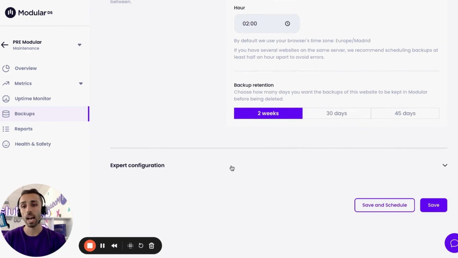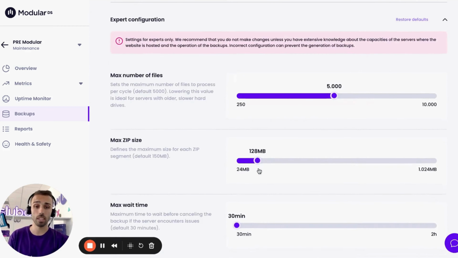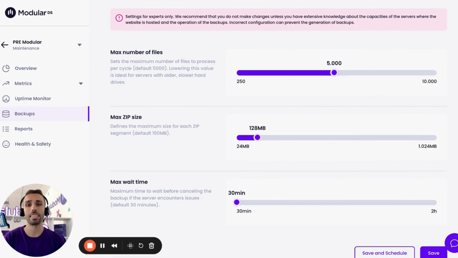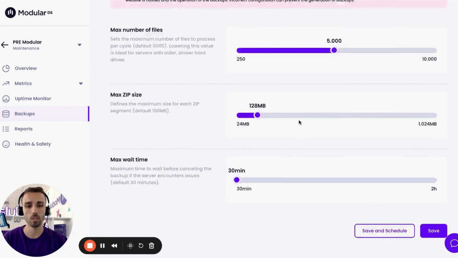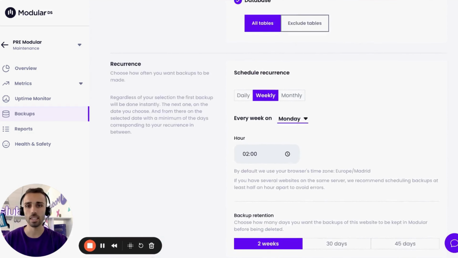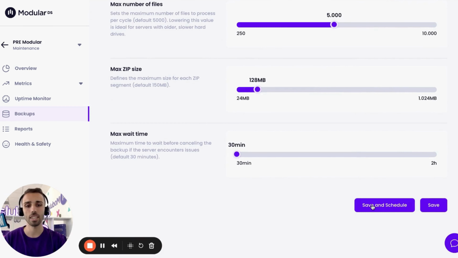And then finally, I have some expert configuration options. Okay, this is meant only for people that know what this means. But basically is, for example, when the backup fails, maybe because of some server configuration or specifications, and here you can tweak this to try to make it work. If you have doubts about this, you can always send us an email or ask us, okay, and we'll help you with it. Okay, so once I have everything set as I want, I can just save it and schedule,